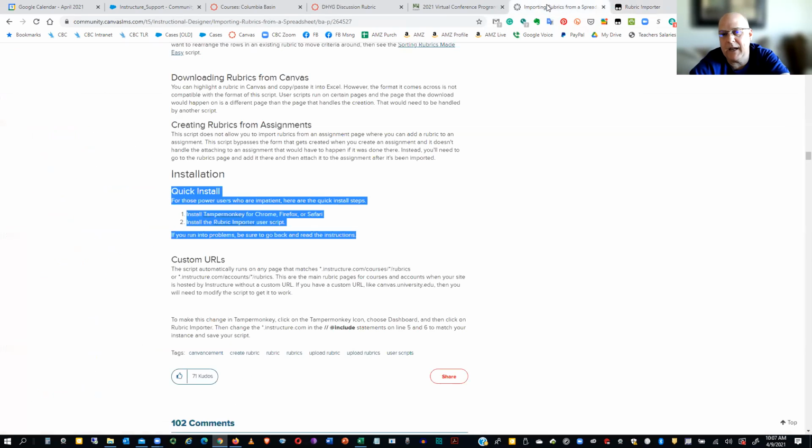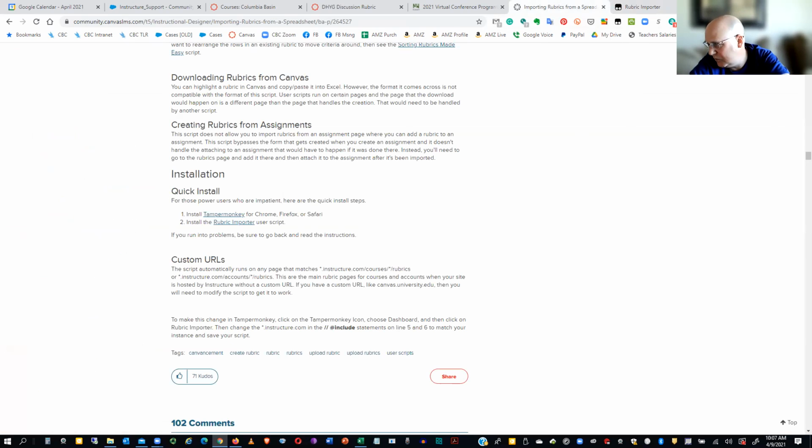I could go into more detail if you want me to, but I'm not sure if somebody else has come up with another question or something like that. So like I said, all I did was a search for import rubric from spreadsheet. And this saved one gentleman a week's worth of time because he was able to take all of his old rubrics that he used from another college when he came over and he quickly imported them all into Canvas.